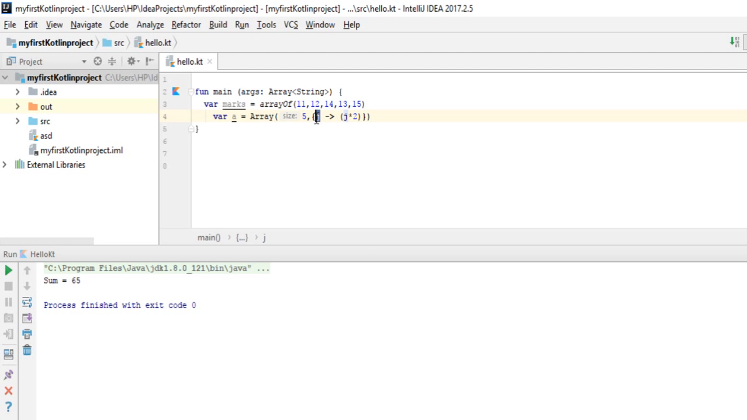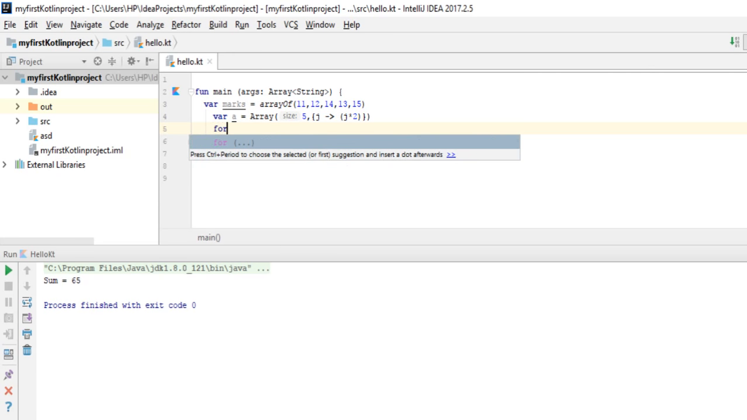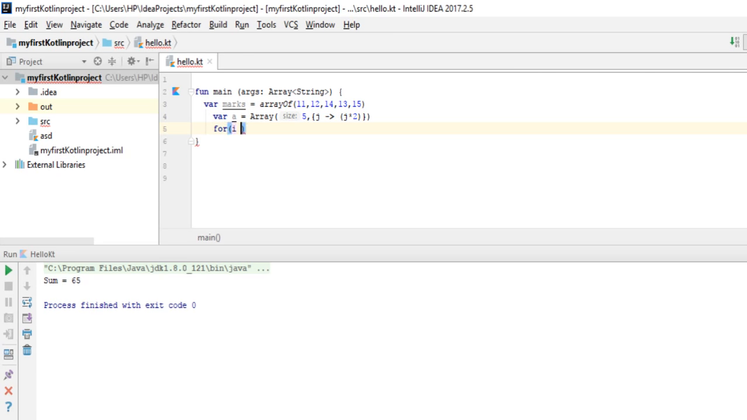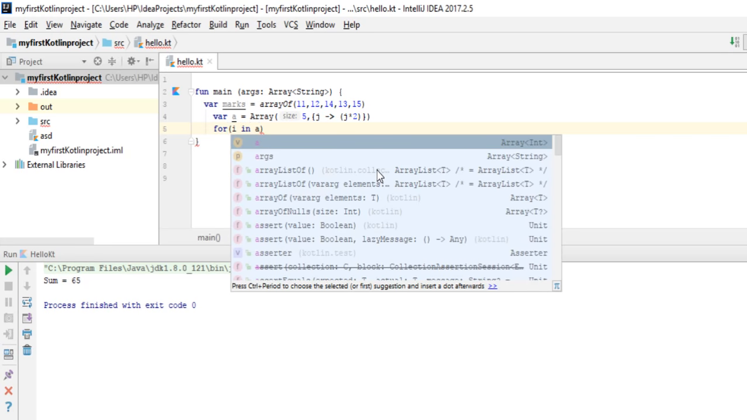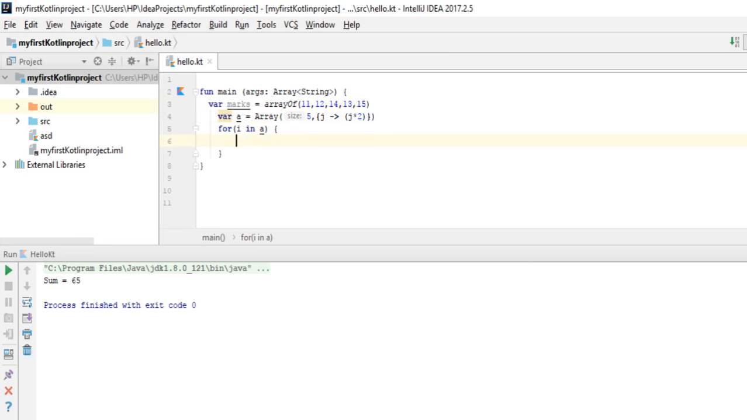So at first j equals 0, 0 into 2 equals 0. At second location, when j equals 1, 1 will be multiplied by 2, so 2 into 1 equals 2. Then at the third location, j equals 2, so 2 into 2 is 4, and so on. So now I want to store the sum. First of all, I want to print this array, so I'm going to use the for loop. I in a, the name of the array, and the body of the for loop,